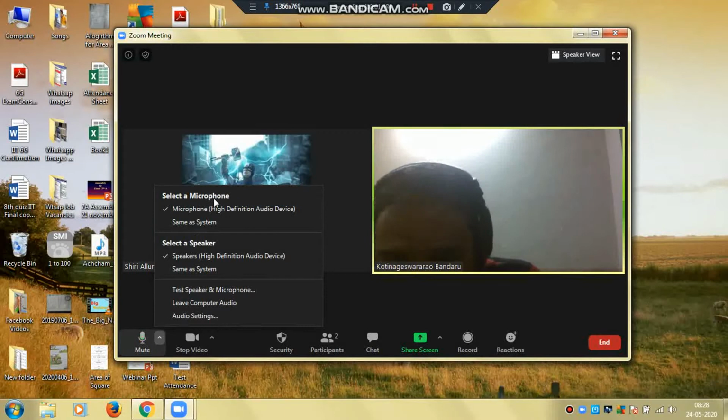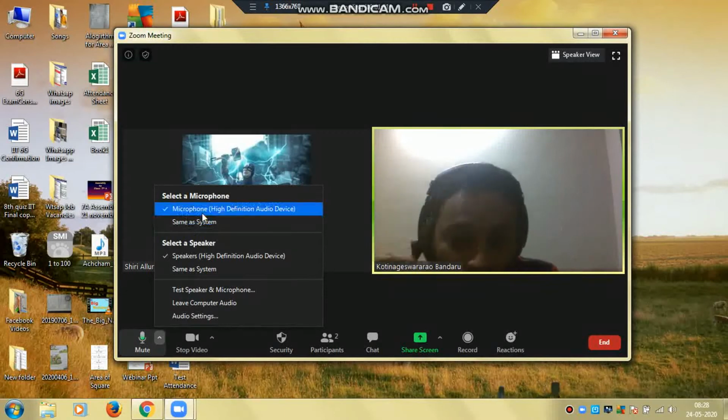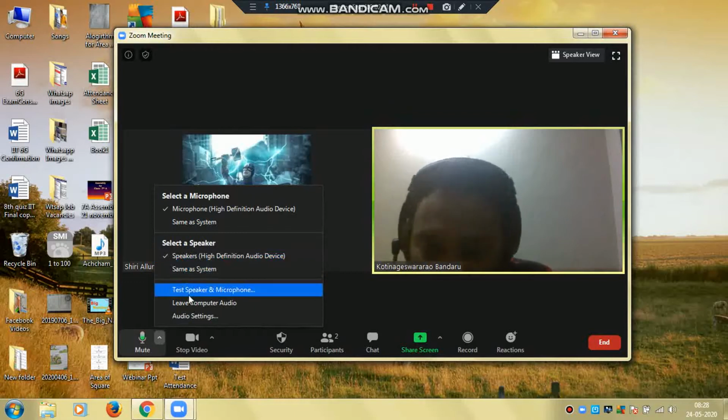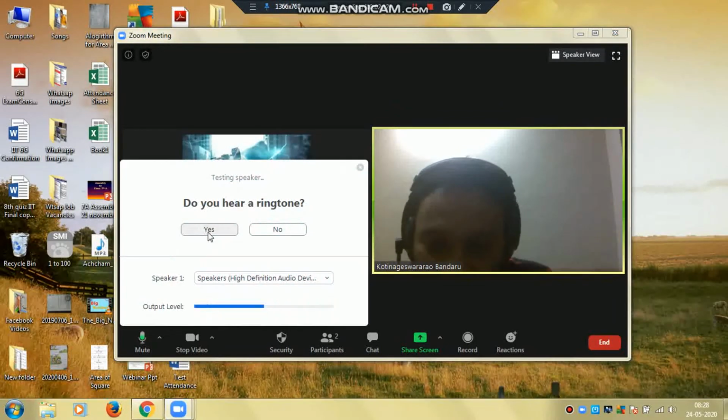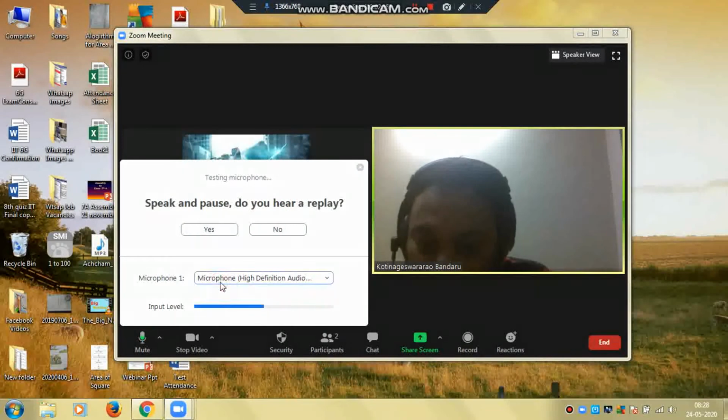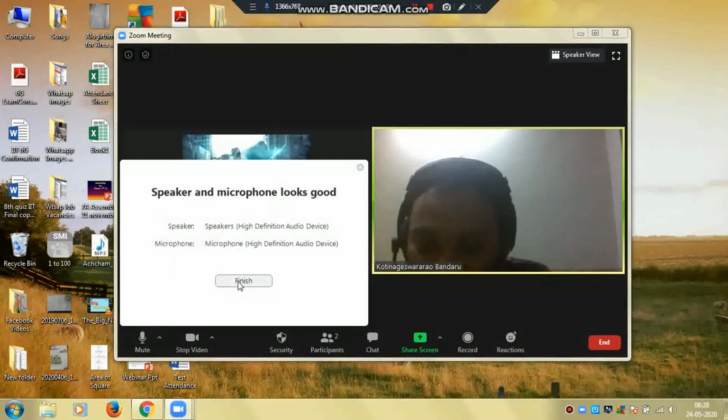If you are using headphones, you have to select the microphone, and you have to select the speakers also. And here you can check test speakers, to see whether your microphone and speakers are both working or not. Click on test speakers and you can check here. Then select the microphone and click finish.